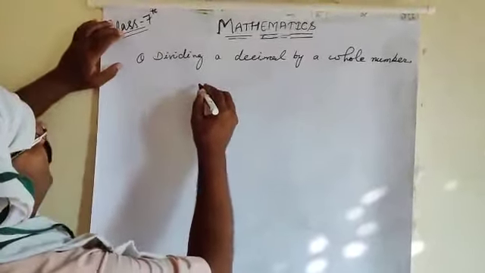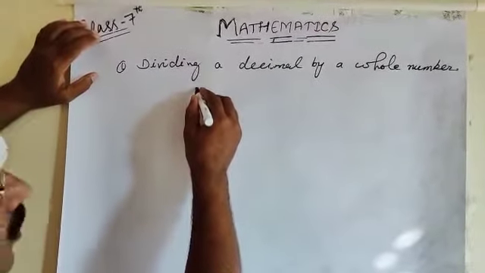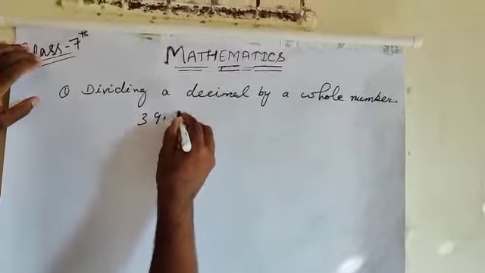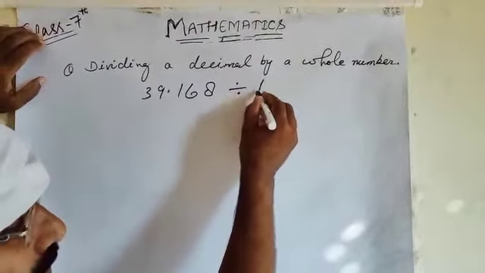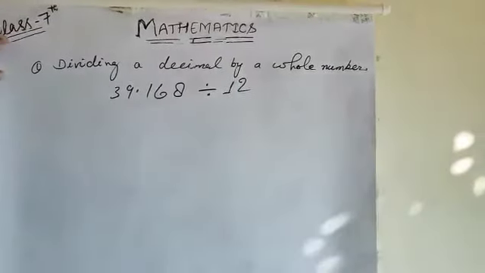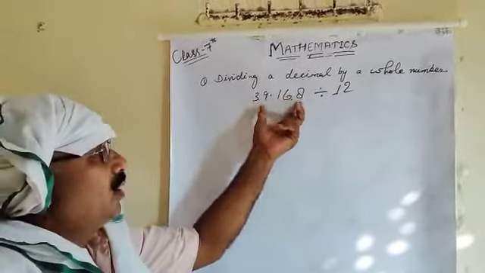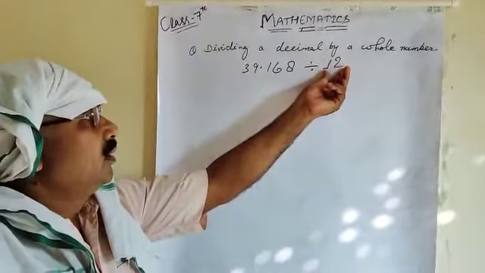So, for example, 39.168 divided by 12. The given number is a decimal number and the number by which you are going to divide is